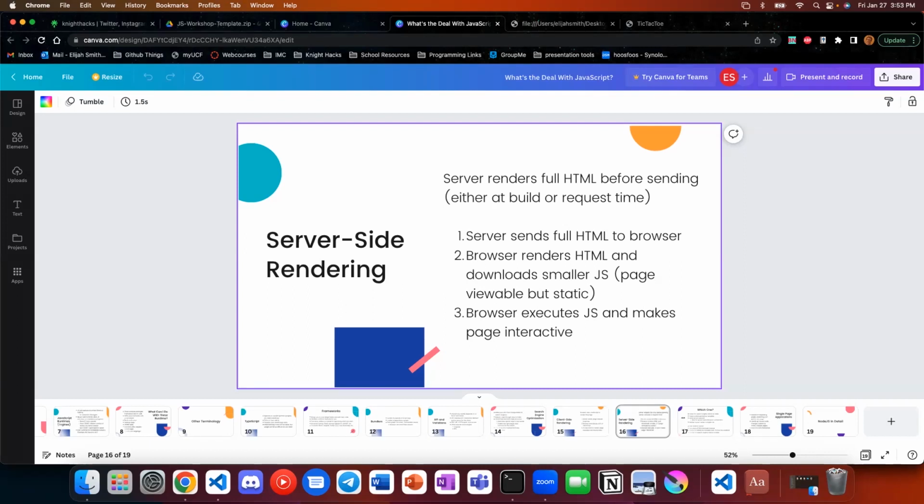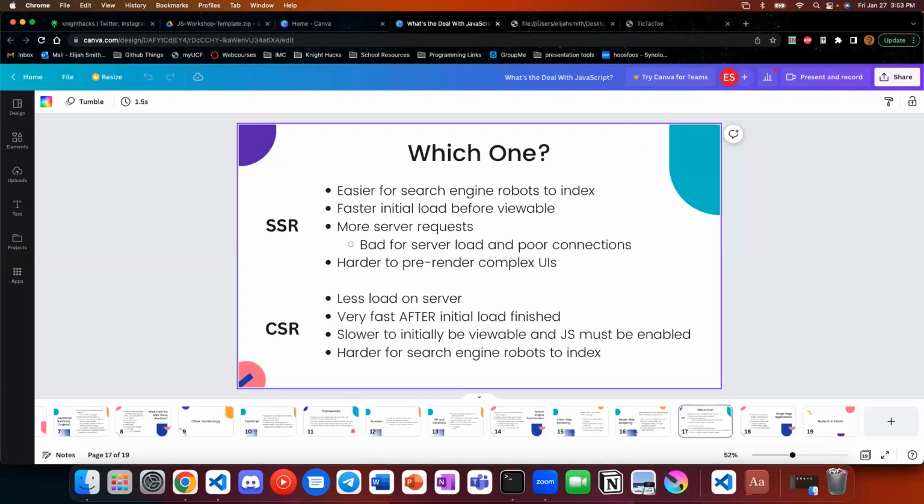So this is just a different way of doing things. Certain frameworks will use one over the other. Depending on what you're making your site for, you may want one over the other. Server-side rendering is a lot easier for search engines to find because the web crawler will request a specific page from the server, and if it gets back HTML already, it has all the elements in there. It doesn't need to do any extra work. So it's a lot easier to index than something where it has to build a bunch of things with JavaScript.